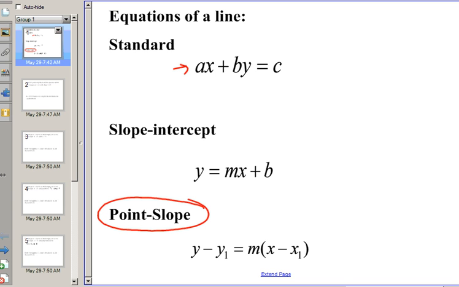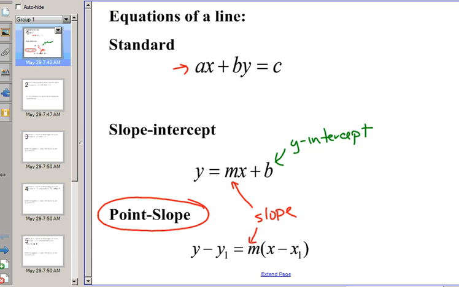That's called standard form, equation of a line. Don't see that as often, but it will show up, especially in multiple choice options later on in tests. You might see that. Slope-intercept is probably the one people are most familiar with, where m is your slope. Actually, I'm going to write that down here, because your m is your slope here, your m is also your slope up here, and then your b in y equals mx plus b is your